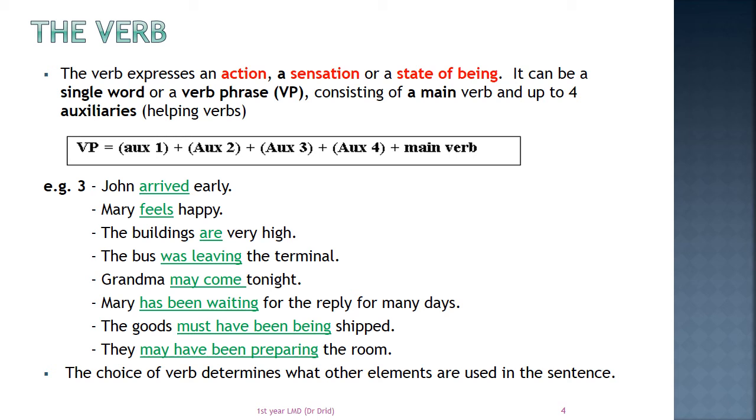Here we should also make a little remark concerning the main verb. Sometimes the main verb has an ending, like ed, ing, s. This depends on the tense of the verb, whether it is a simple, a perfect, or a continuous tense. We may ask ourselves about the rest of the sentence. What comes after the verb? Do we have one element, two, three, or what elements exactly? This depends on the type of the verb. So the choice of the verb determines what other elements are used in the